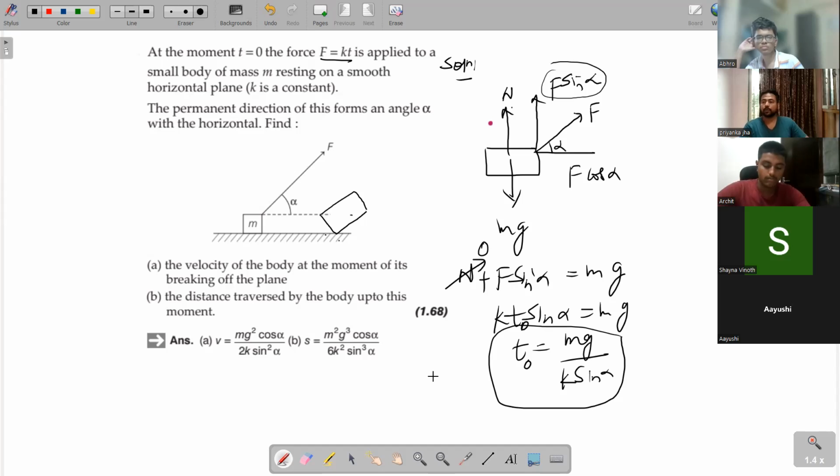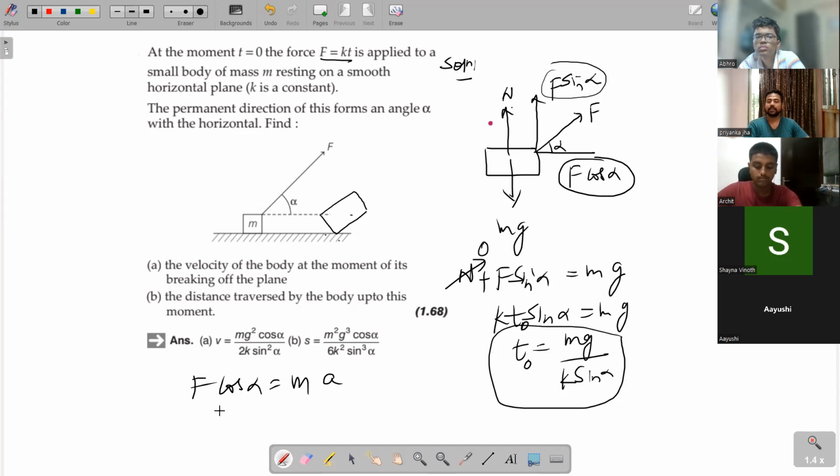So you cannot apply v equal to u plus at or s equal to ut plus half at square, because those formulas are applied when acceleration remains constant. Here acceleration is varying, so you have to use the integration process. How do you find this? See. Till this time, the block will move towards right because of the component of the force F cos alpha, that is mass into acceleration, and F is Kt. So Kt cos alpha equal to m times